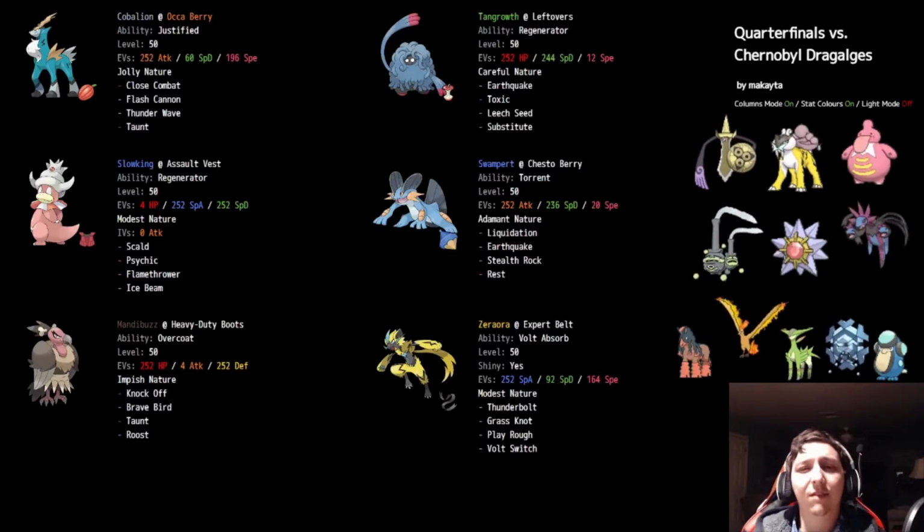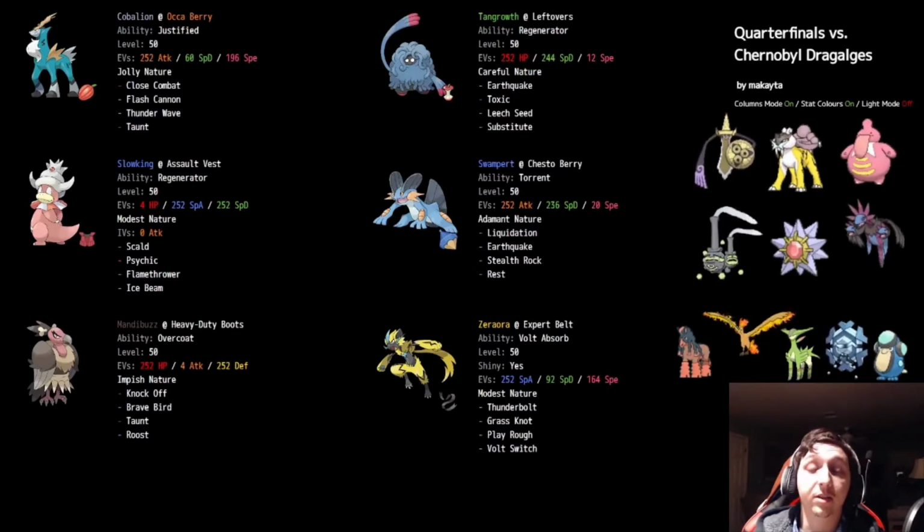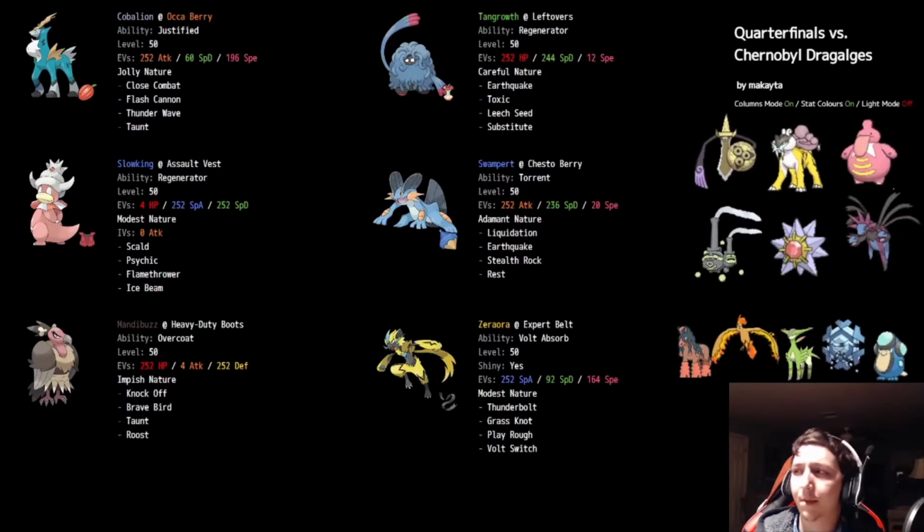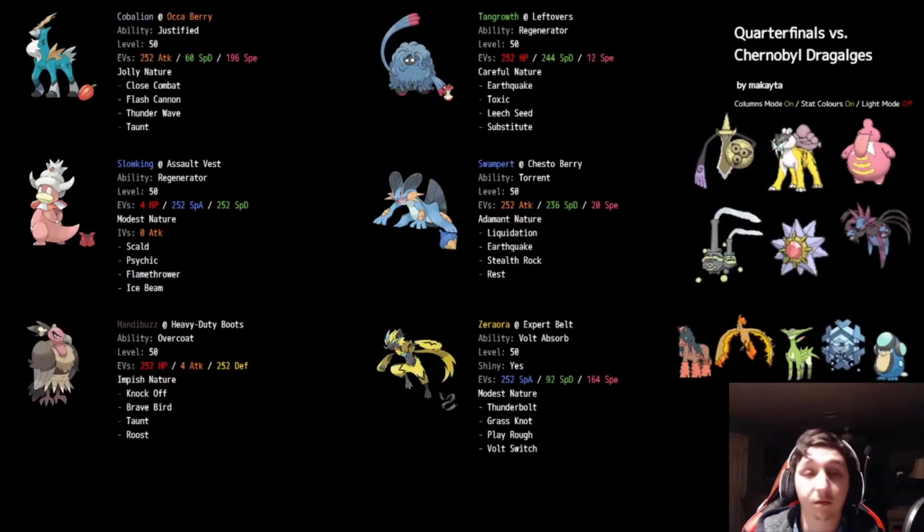Excuse me. But I have a lot of things that can deal with it, so I'm not too worried. I just want to be annoying. That's really the deal of Tangrowth this week, is to be annoying, and nothing really counters it. Nothing can OHKO it. I'm not going to bring it in on a Moltres or on a Flamethrower from Weezing,